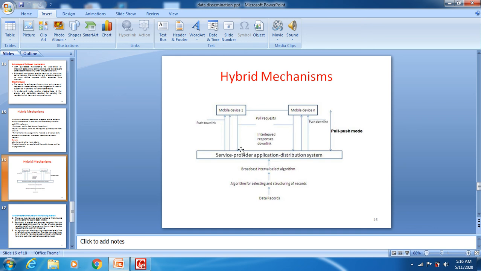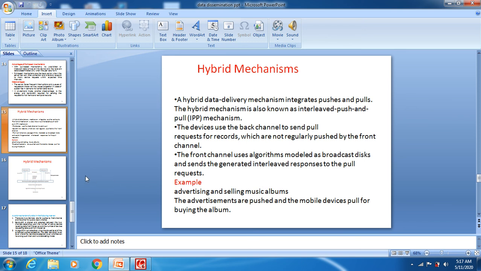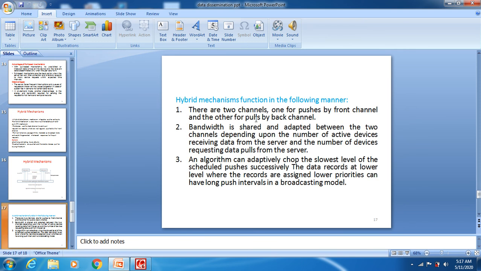We will see the arrow marks here. So these are the push downlink, and here is the pull request. Both in combination we are using, so that's why it is called a hybrid mechanism. So the best example is the advertisement and selling of music albums.